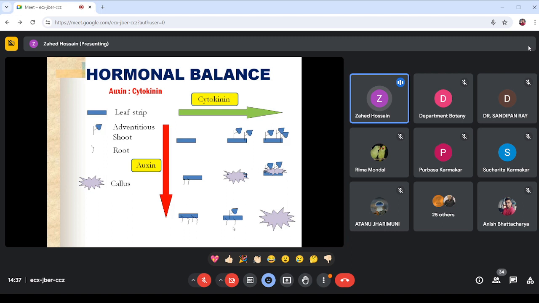So mostly, when there is a high auxin to cytokinin ratio, it usually induces rooting, whereas when the cytokinin to auxin ratio is high, or you can say the auxin to cytokinin ratio is low, then shoot bud formation is generally accepted. But it will not be applicable for every plant. So in even our case, what we have found is that